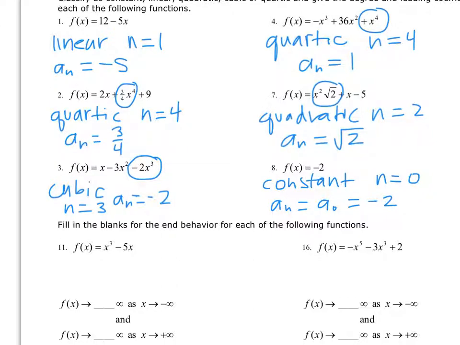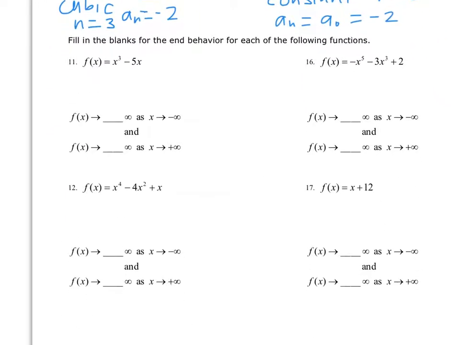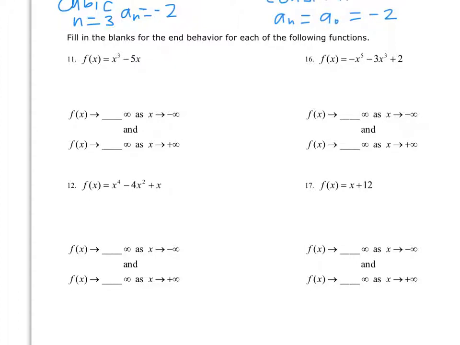Okay, the next section, we are looking at the end behavior for each of the following functions. So we're going to look at two different things. We're going to look at the degree, whether it's even or odd, and then look at whether the leading coefficient is positive or negative. So for number 11 here, we've got odd degree, and our leading coefficient is equal to